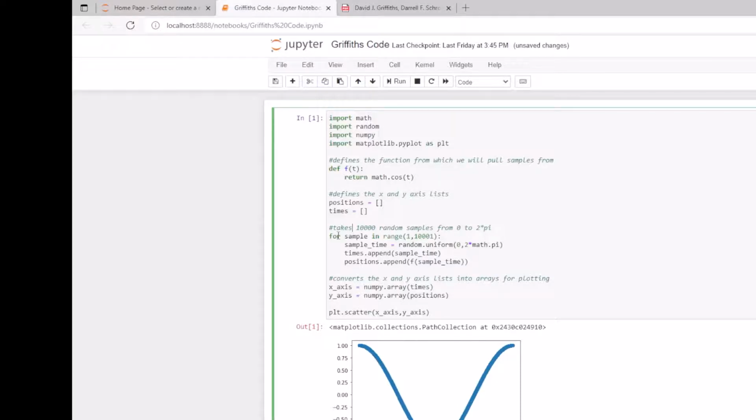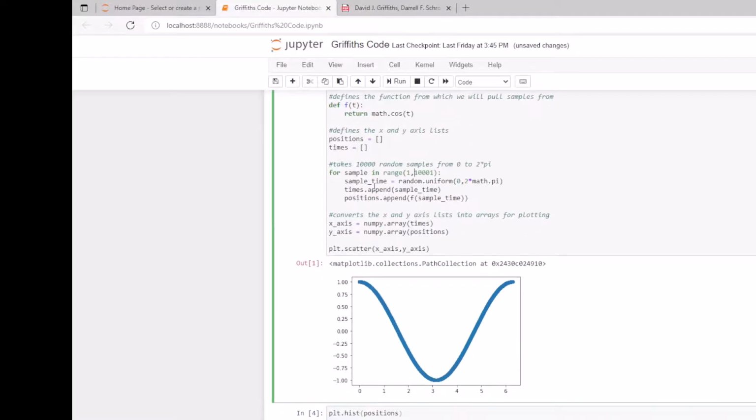So here I'm defining a for loop in this range. I'm basically iterating 10,000 times, starting at 1 and going up to 10,000. For each of these iterations, I'm defining a random value from 0 to 2 times pi, and this math.pi is because I'm importing the math module to define pi. So from 0 to 2 pi, I'm defining a random value each time for these 10,000 iterations,